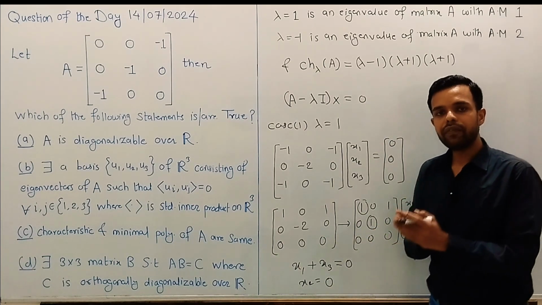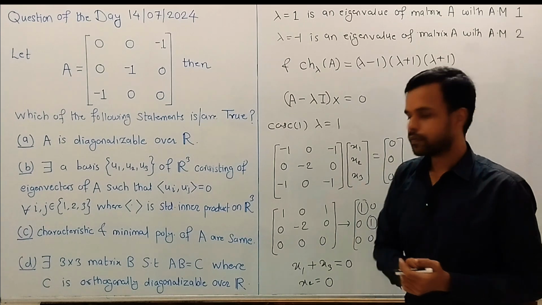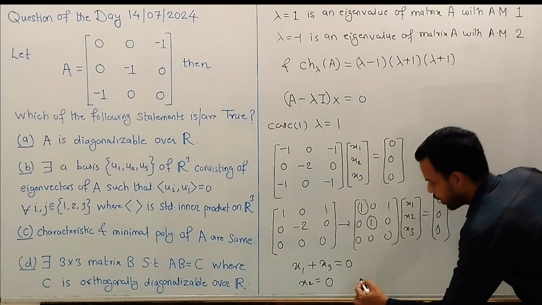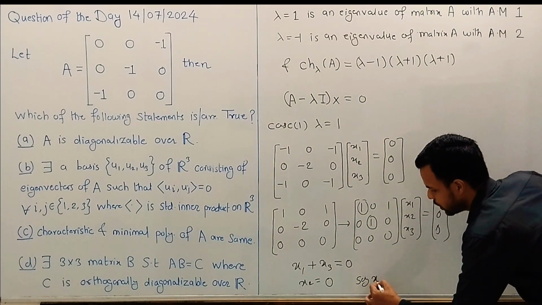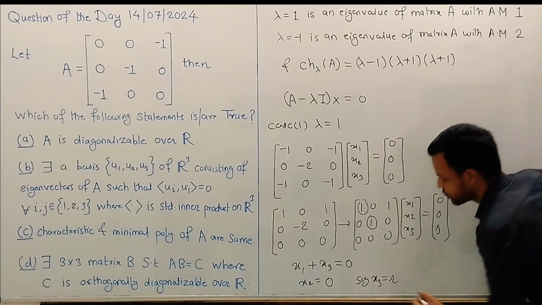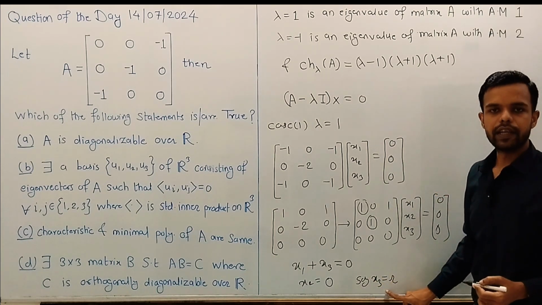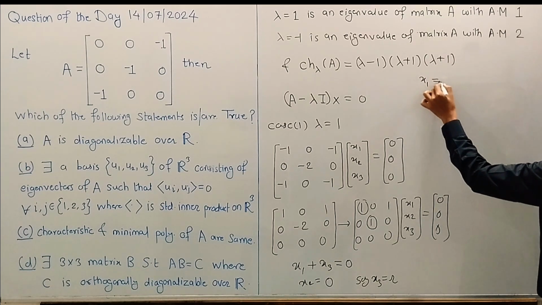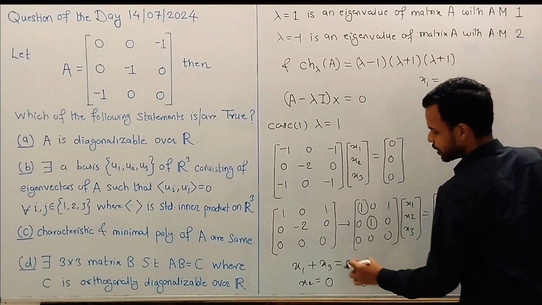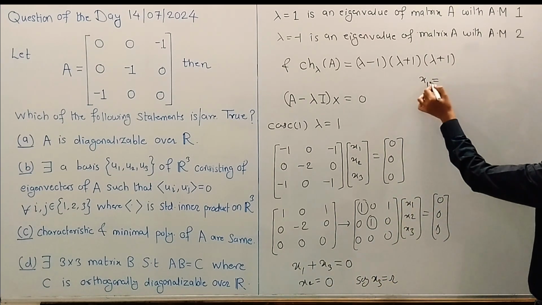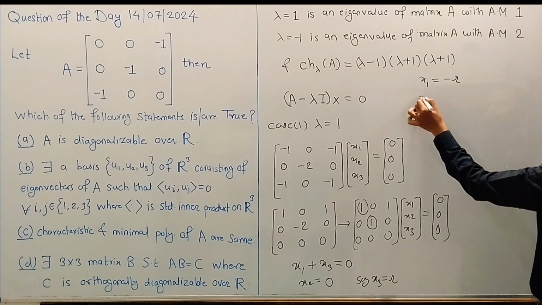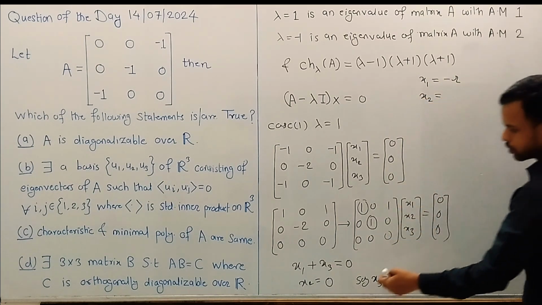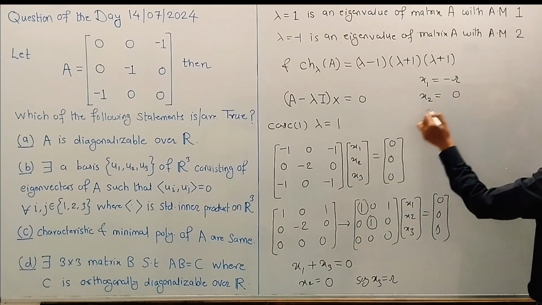So assigning the free variable an arbitrary value, say x3 equals r, where r is any arbitrary real number, then we get x1 equals minus x3, so x1 equals minus r,